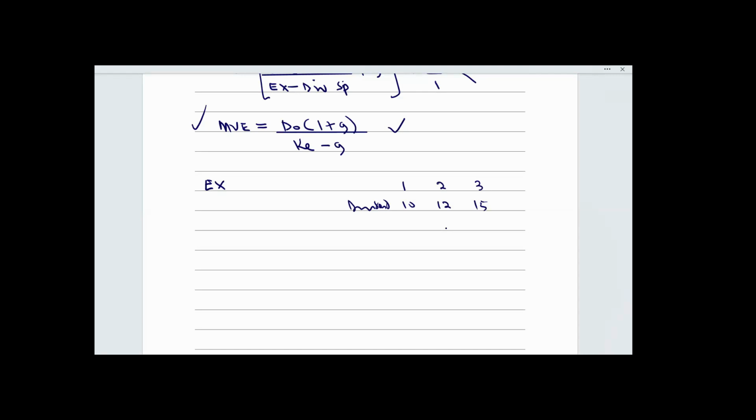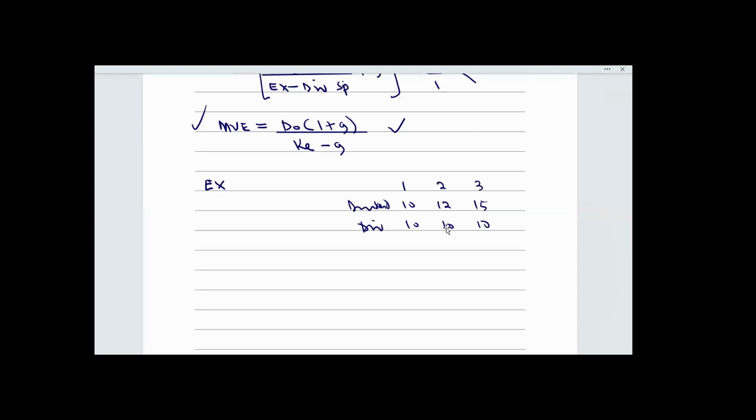Since the dividend is not the same across the 3 years, it means that there's growth in dividend payments. In some cases, the examiner will not give you the growth rates. It is implied in the question, and it is expected that you know it. Once you see that the dividends given for the respective years are different, it means there is growth in dividend payment. Therefore, you need to estimate the growth rate first before you calculate your cost of equity. But if in the question, year 1 has a dividend of 10 naira, year 2, 10 naira, year 3, 10 naira, it means there is no growth in dividend. Dividend is constant.